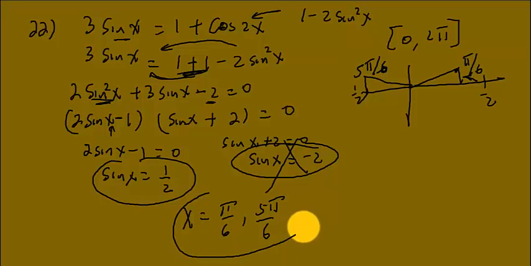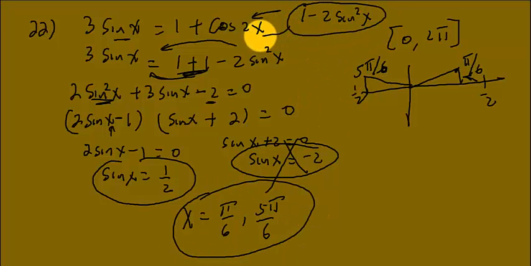So the hardest part of this problem was remembering the trig identity. Remember, everything has to be in terms of sine or cosine. You can't have apples and oranges. You either have to have all apples